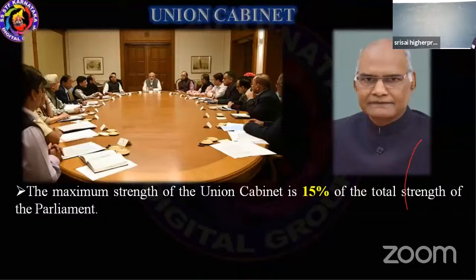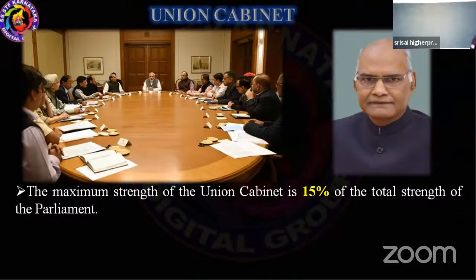The maximum strength of the Indian cabinet is 15% of the total strength of the parliament. What is the total strength of the parliament at present in India? That is 545. It shouldn't cross that 15%